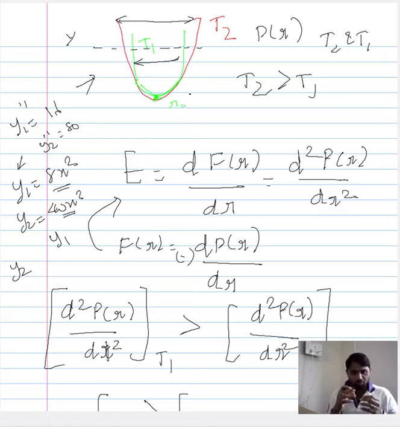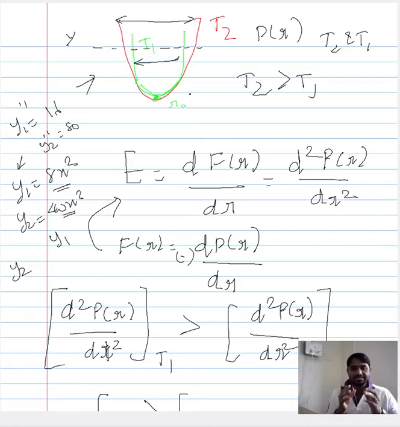When you don't want to use the term parabola, you can simply state that the potential energy curve at the lower temperature was sharper when you compare it to the potential energy curve at the higher temperature. So you have two potential energy curves for two temperatures. The mouth of the higher temperature potential energy curve was larger when you compare it to the mouth of the lower temperature potential energy curve.